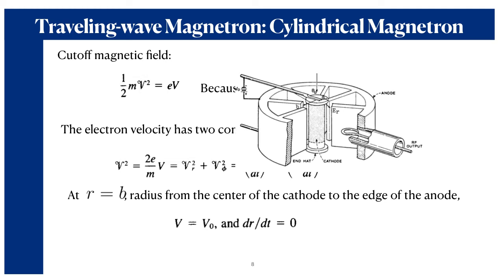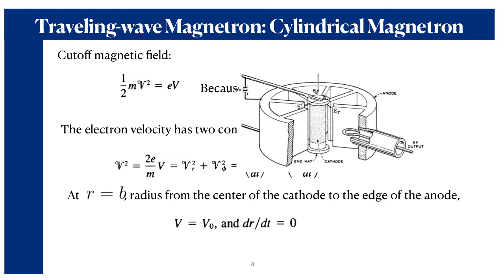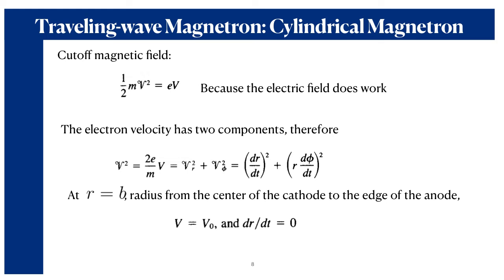Edge of the anode means, since the resonant cavities are connected with the anode, the edge of the anode is this one, as shown in this diagram. So if r equals b, then